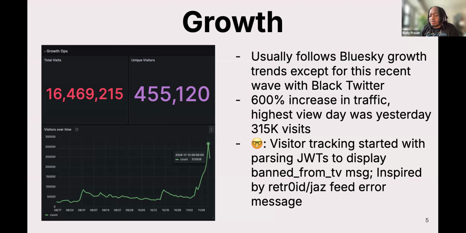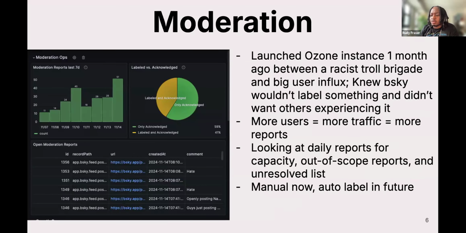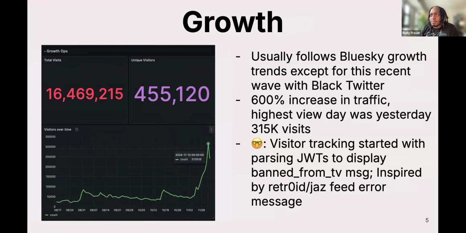And I think the TypeScript version of Black Sky launched in May 2023, end of May. By July, we were already getting harassed. So there was a need to create a way to stop people from viewing the feed. At that time, it was really early and there weren't many personalized feeds besides Discover. And once we found out the way that personalized feeds worked, which is that when you